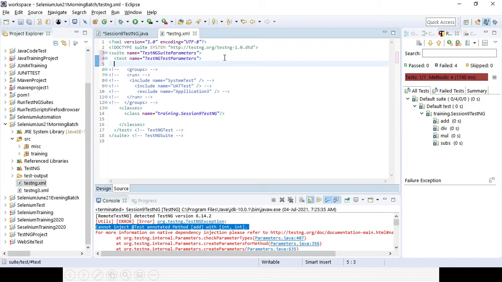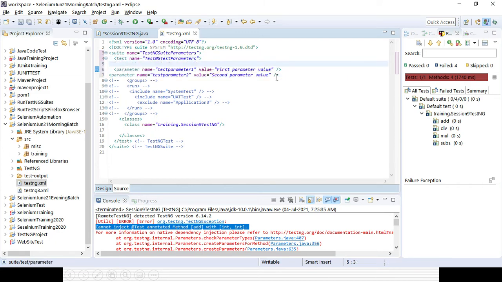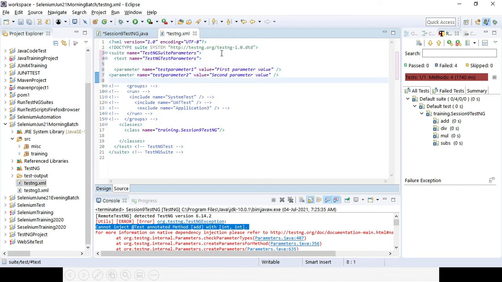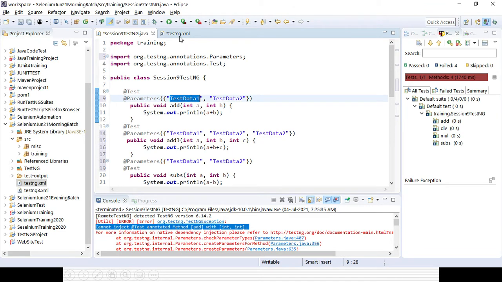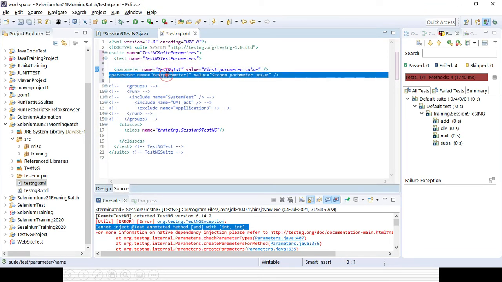So I will be adding at the test level, right. What is my parameter name? I need to add, right. So I will be adding the parameter names. One parameter name is testdata1, and the other is testdata2. These are my 2 parameter names, right.